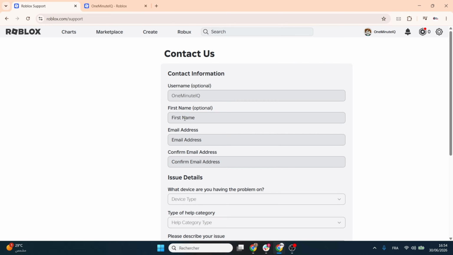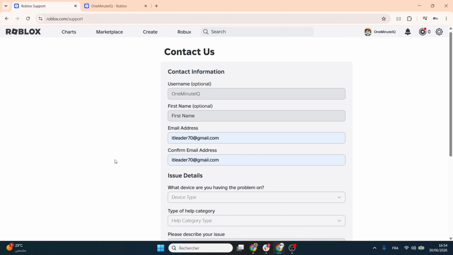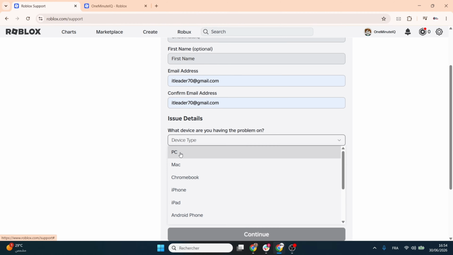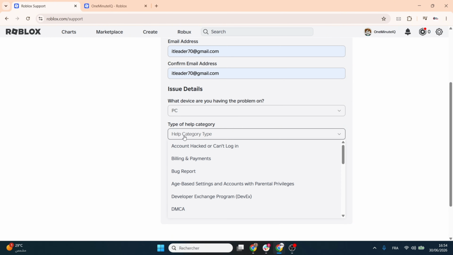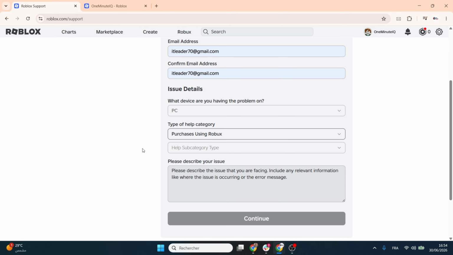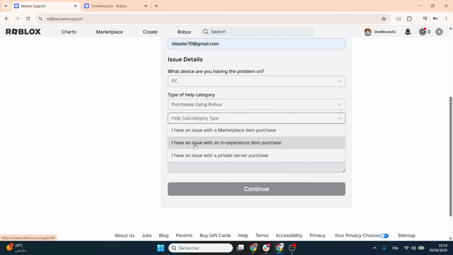Fill in your actual account username, your name, and your email address. Under Device Details, select the platform you use, like PC. For the Help category, select Purchases using Robux. In the next drop-down, choose Marketplace Item Purchase if you bought clothing or accessories, or In-Experience Item Purchase if it